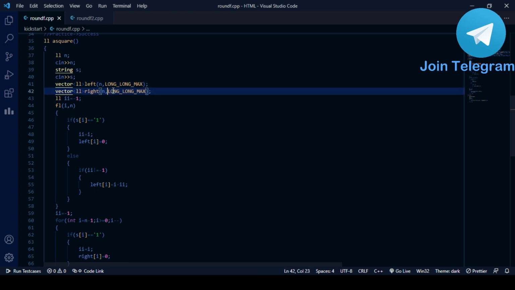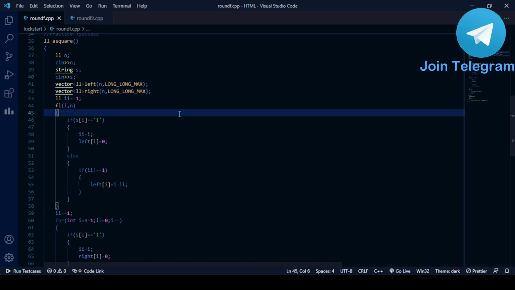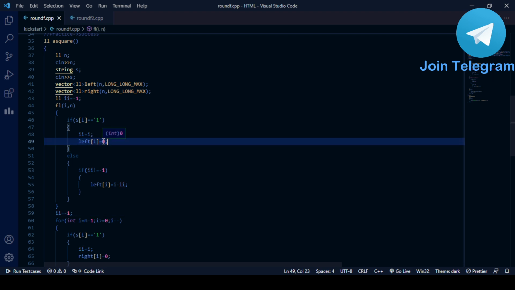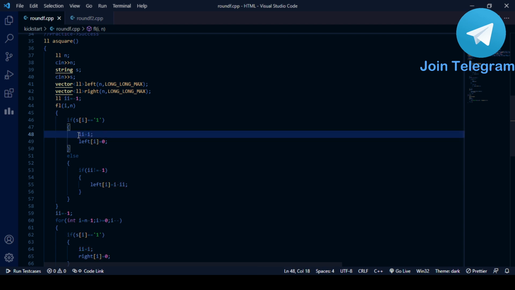Now I am iterating from i equal to 0 to n, from left to right, and if s[i] is 1, then I make that particular left value 0, and I store the index of the nearest one.